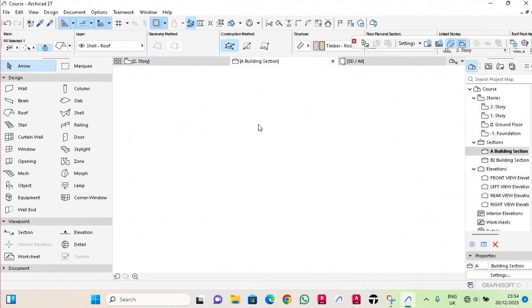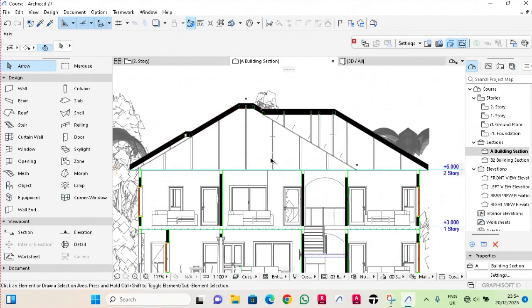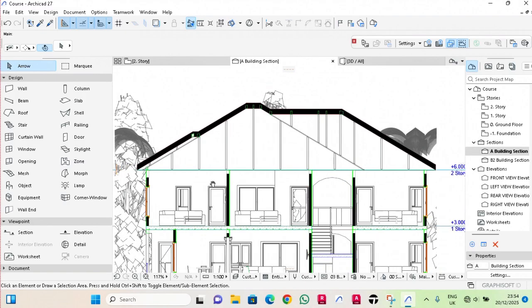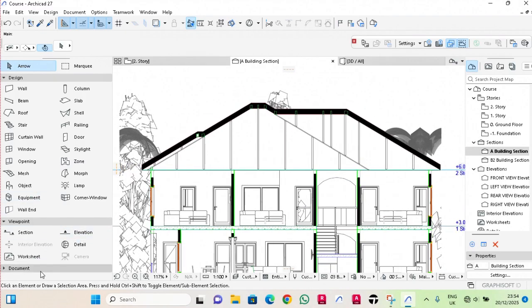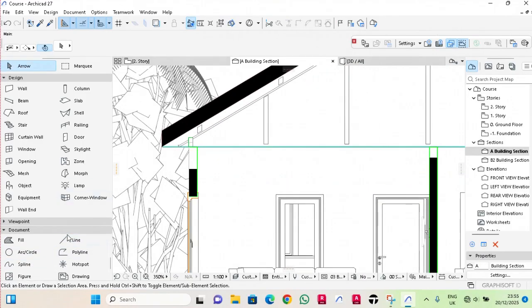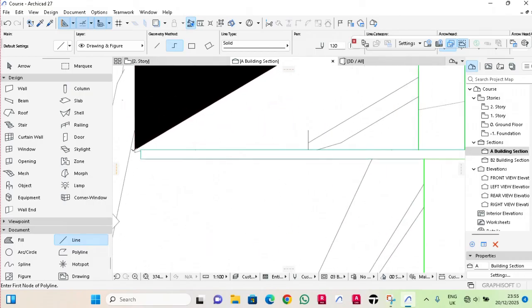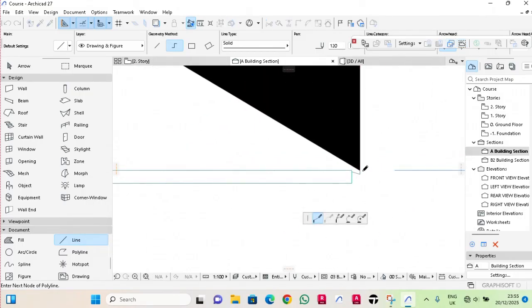So I'm going to navigate to section and we're going to have something like this. Normally these rafters are like this, but we have to adjust some stuff. I don't really feel like this is okay, so move to documents, select a line tool. So to adjust that, I'm going to click on line, select from this point our tie beam to this point,